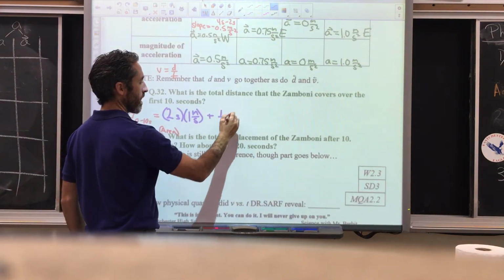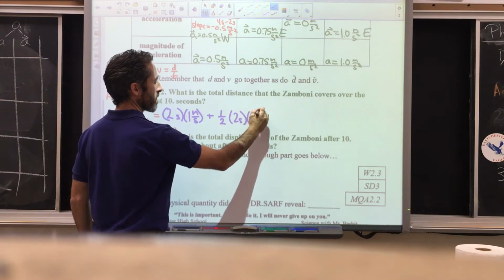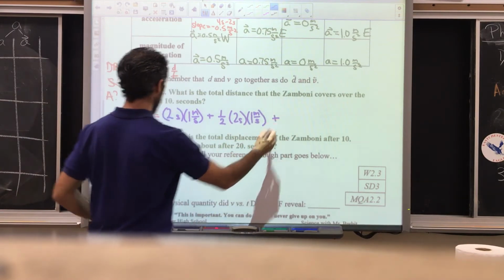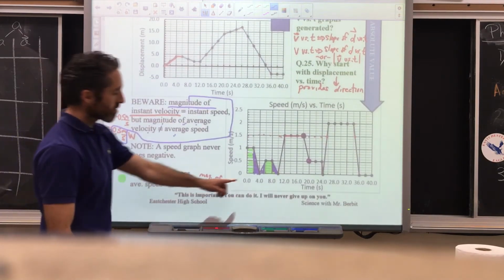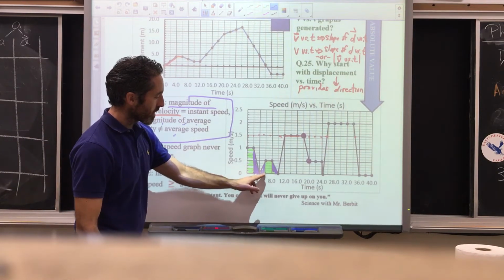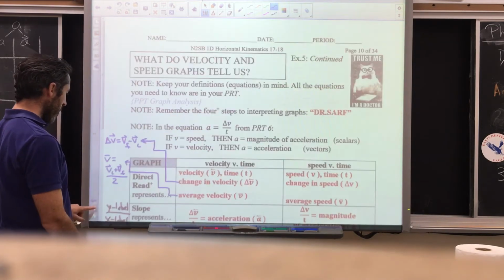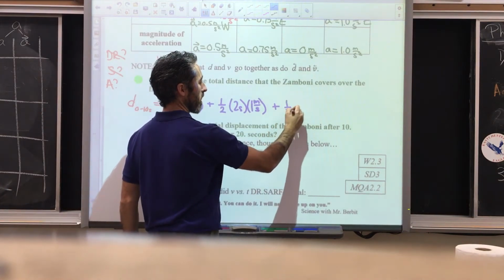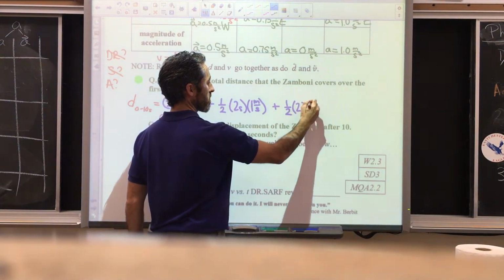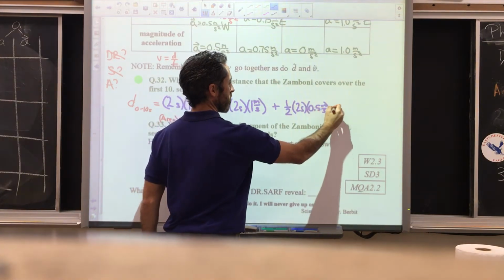So plus 1/2 times 2 second base, height of 1 meter per second, plus this little blue triangle has a base of 2 seconds and a height of 1/2 meter per second. That's a triangle, so 1/2 base, 2 seconds, times height, 1/2 meter per second, plus